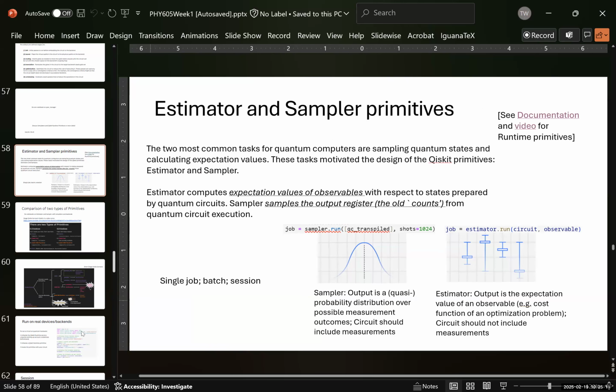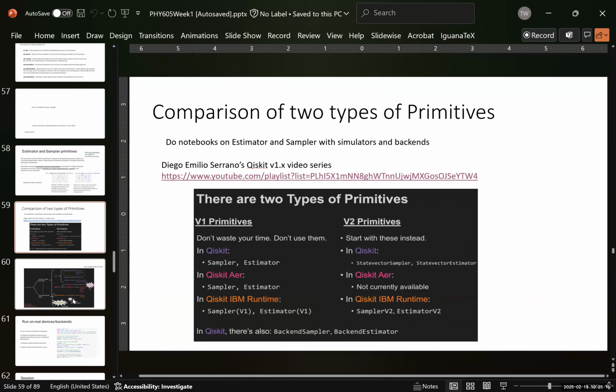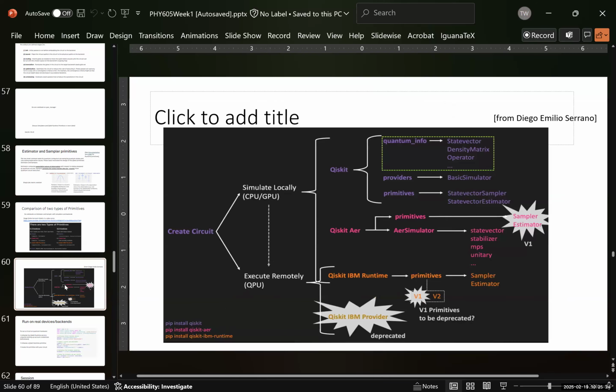There's some slight difference. Okay. So his suggestion is don't bother to use V1. But there are codes somewhere that would have V1. Okay. And here's the diagram that he has about